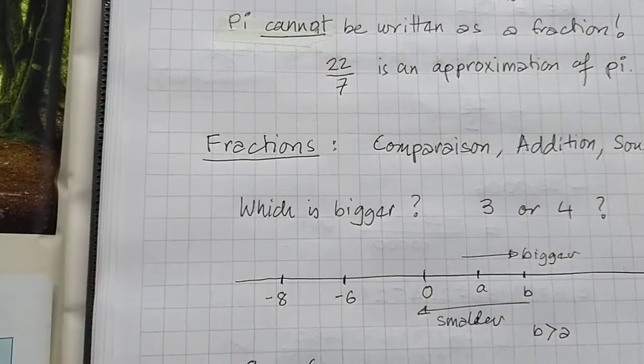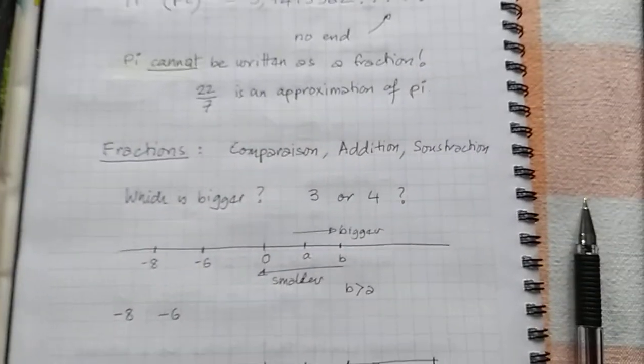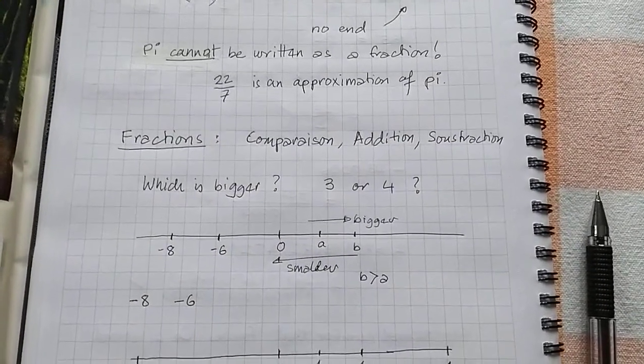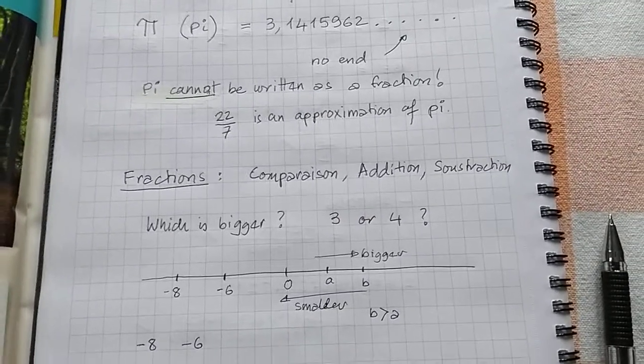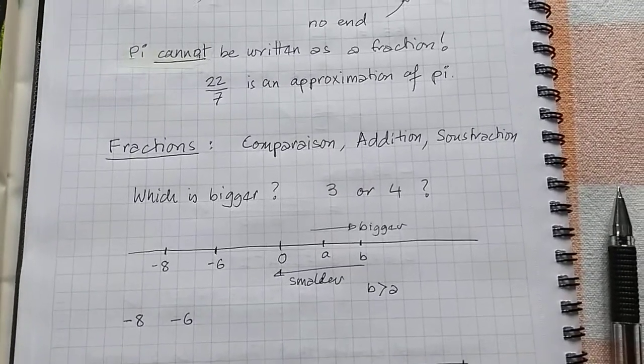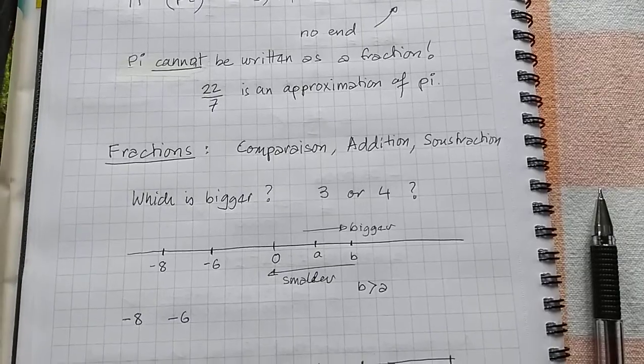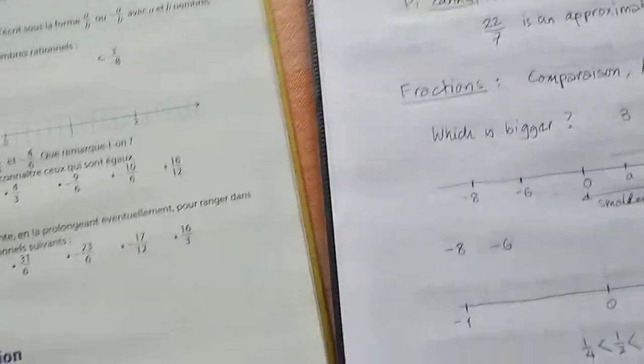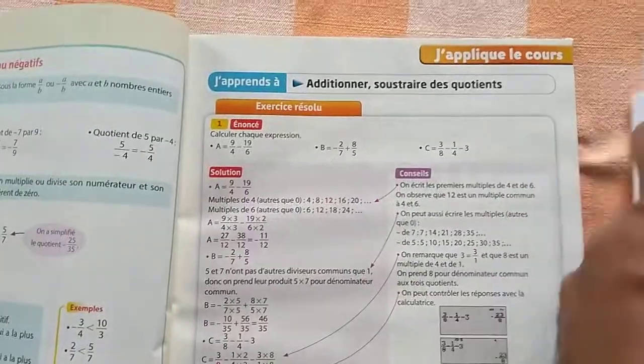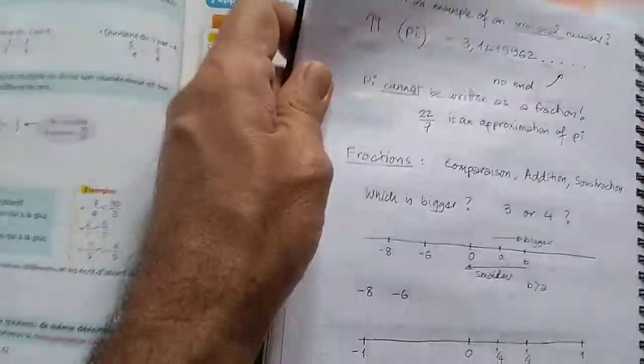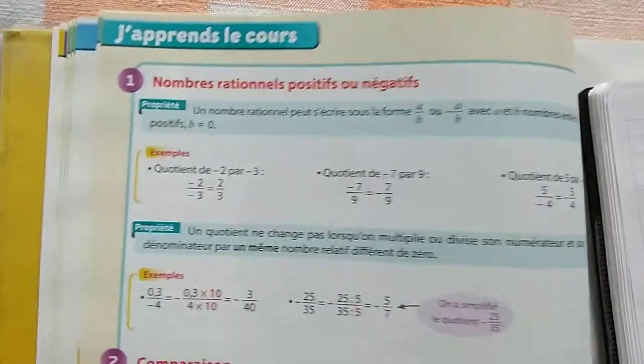Okay, so as I said, this chapter is not really about rational numbers and irrational numbers. It is about fractions, which in this book they call quotient. So we can even go to the page where they describe this, and you can pause here and read slowly if you like.